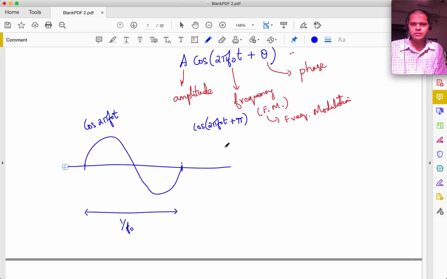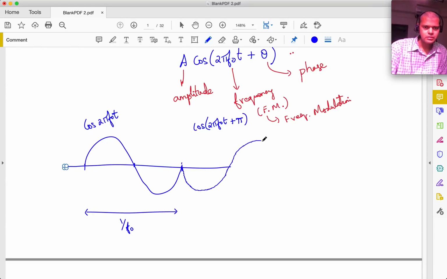What would it be? So changing the phase by 180 degrees is essentially jumping over here, so it would look something like this. Okay, and so I would have